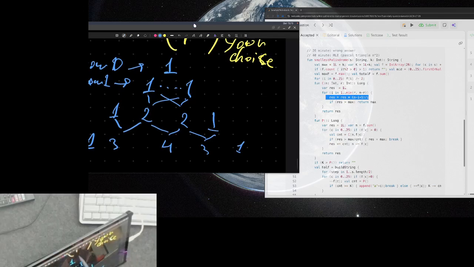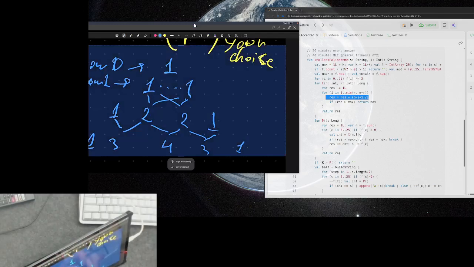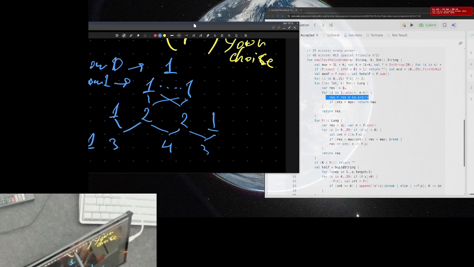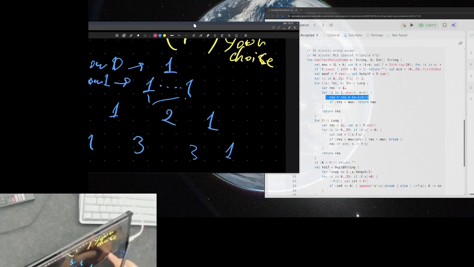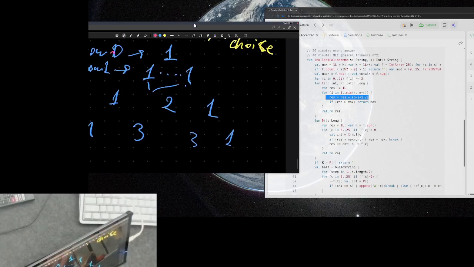Maybe yes, I made a mistake because this is not duplicate 2, it's just 1 2 single, because number of columns equal the row. This would be 1 3 3 1, so it is 1 2 1 in the previous row, and this is a CR. We have rows 0 1 2 3,